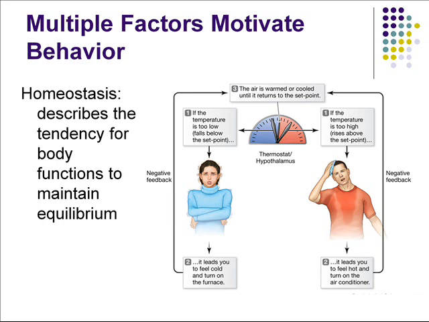Our bodies also have a thermostat setting that is most efficient, 98.6 degrees Fahrenheit. When we're too hot, our body sweats, and when we're too cold, we shiver. We're also motivated to perform behaviors to alleviate this state, seeking shade or taking off clothing if too hot, or putting on more clothes and seeking shelter if cold.